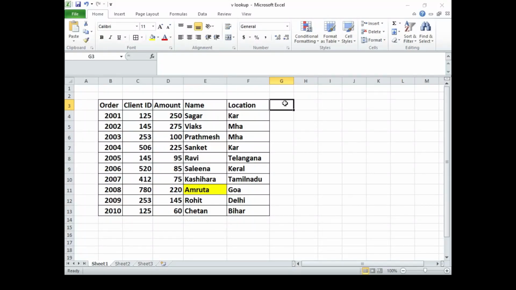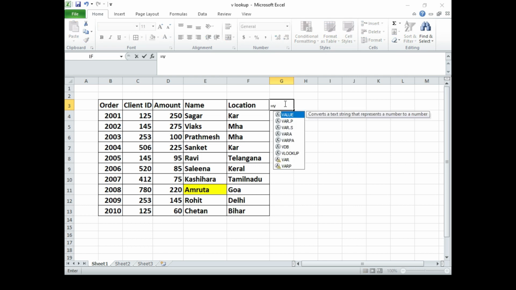which is optional. Now let us see, there is a table here already created with vertical data integration. Here we have to go with is equal to Vlookup. When you type VL, you will get this Vlookup. Now you can see here a syntax: Vlookup, lookup value. Let us see, this is B11, my lookup value. Then the table which I am looking for is this. This is the table array which I need to select,